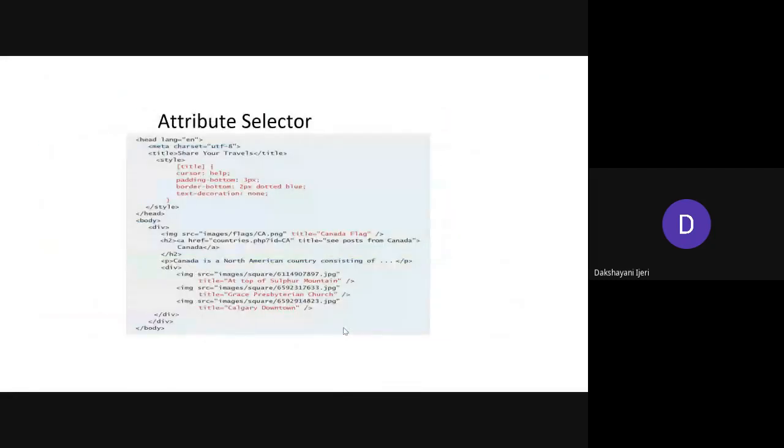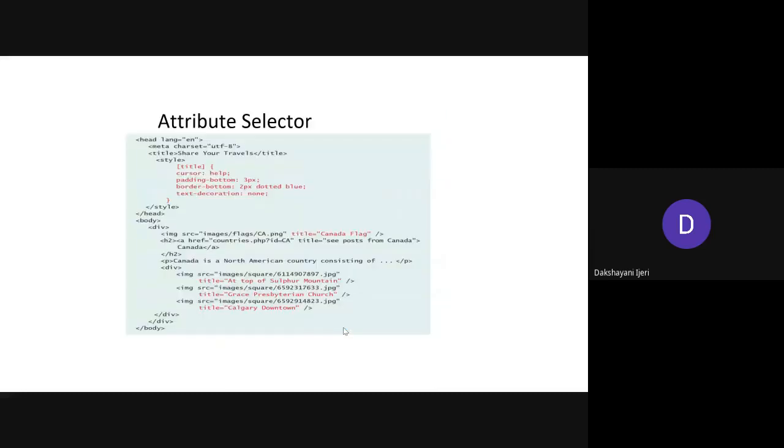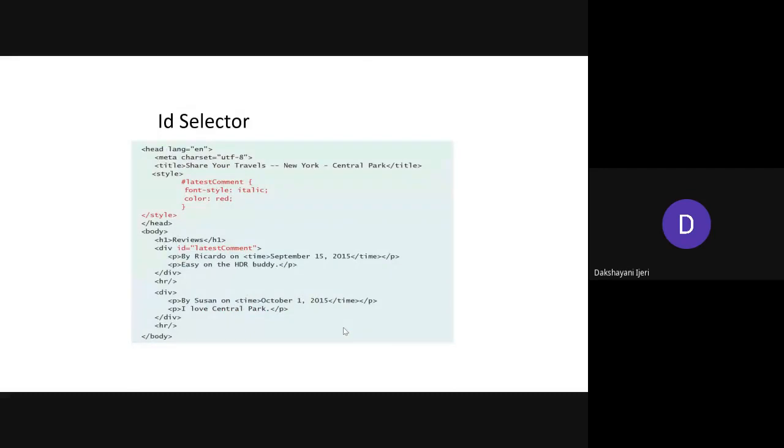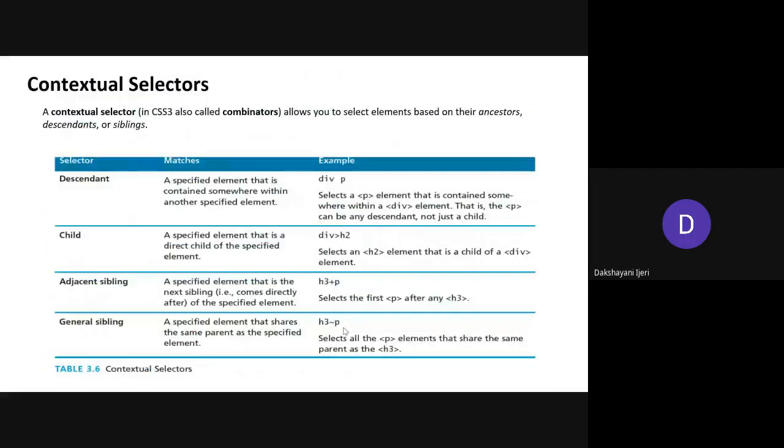Similarly, if you are asked only about the attribute selector, you should be able to explain all these options. In case you are asked for 12 marks, explain the different selectors supported for CSS in HTML5, you should be able to explain all the selectors with all the options available. So depending upon the marks, decide how you are going to answer. Suppose it is asked for only 5 marks, at that time you can briefly explain with only a few of the options for each selector. Suppose it is asked for 10 to 12 marks, make sure that you explain each selector with all the possible options for it.